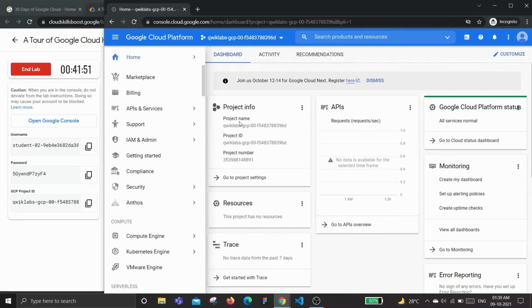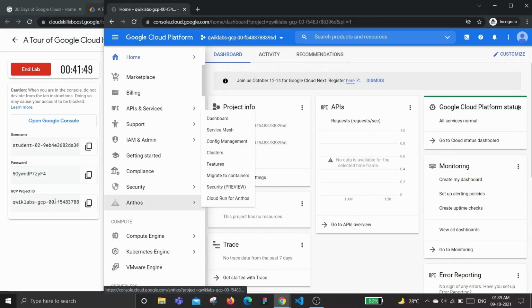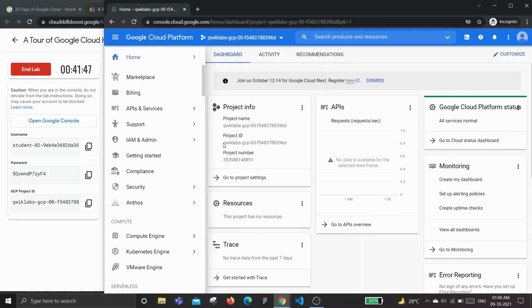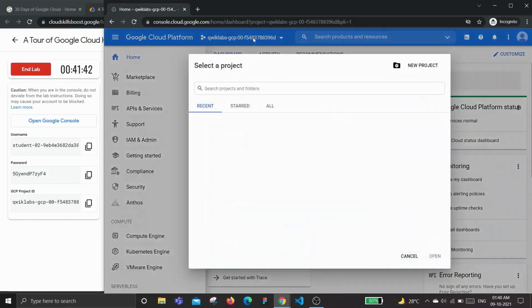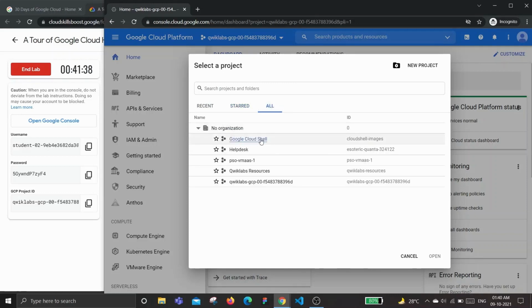Now, project in Cloud Console, so let's explore here. Right now our project name is here as mentioned, and the project ID is also the same, and the project number. If you want to explore more, from here you can see all the projects. Right now in this temporary account I have 5 projects. This is the main project in which we will always be working.